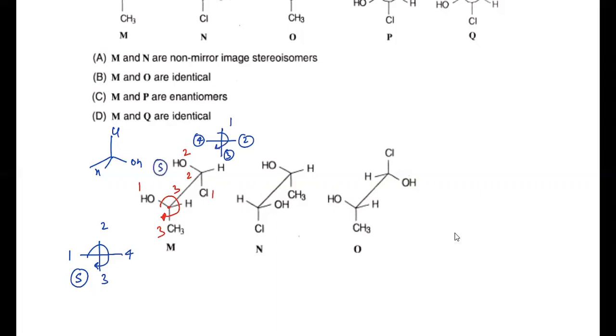S. Okay. Now come to the next case, we will make its configuration here. So Cl at bottom position 1, OH at left position 2, third position is the carbon chain, and fourth position is H. Moving from 1 to 2 towards 3, the sense of rotation is anti-clockwise, so it must be S, but since H is on a horizontal position, we write it as R.